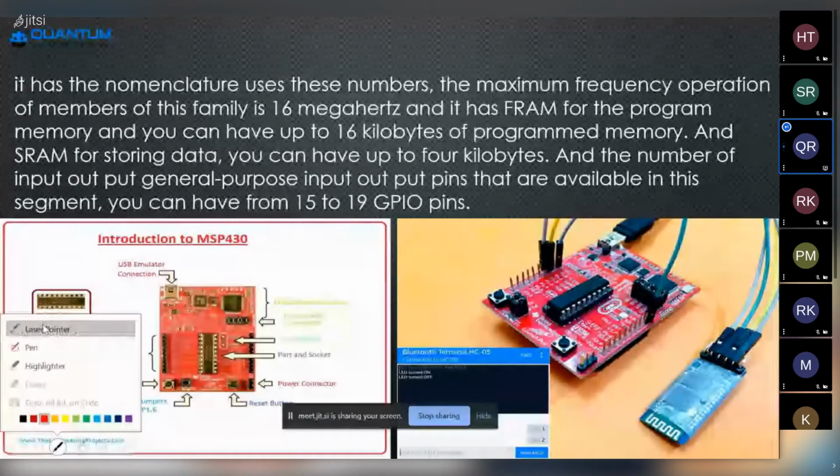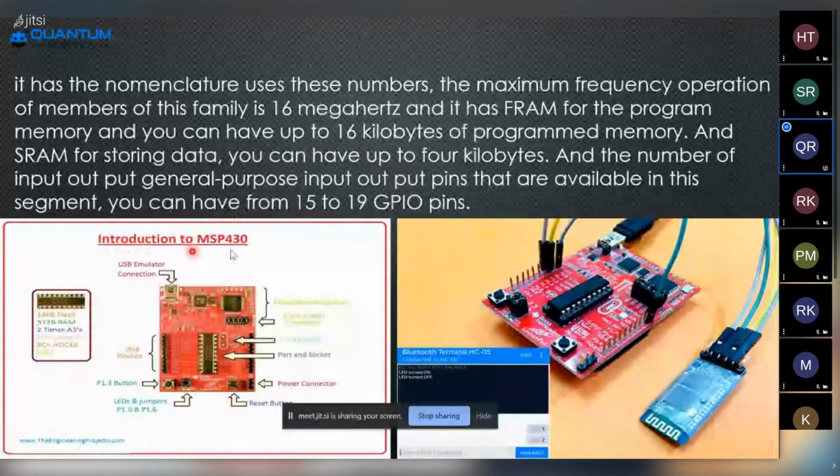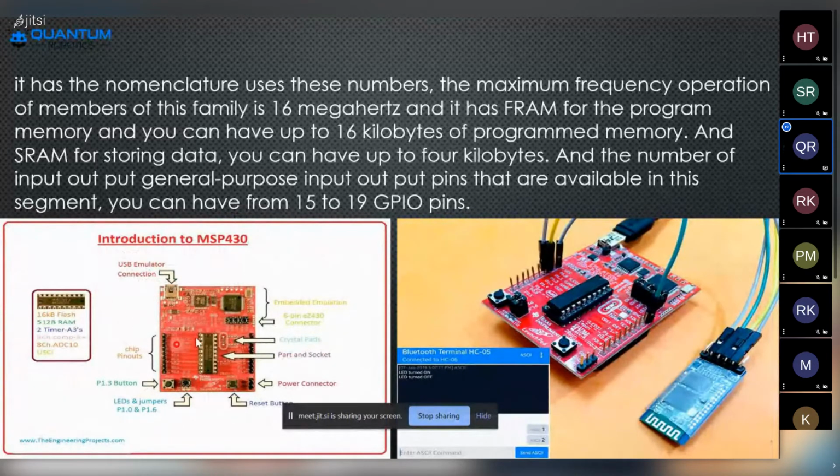Here you can see the clear architecture. You can see what the MSP430 is adding and the pin connectivity. This is the MSP430, and here is the microcontroller that was used for it.